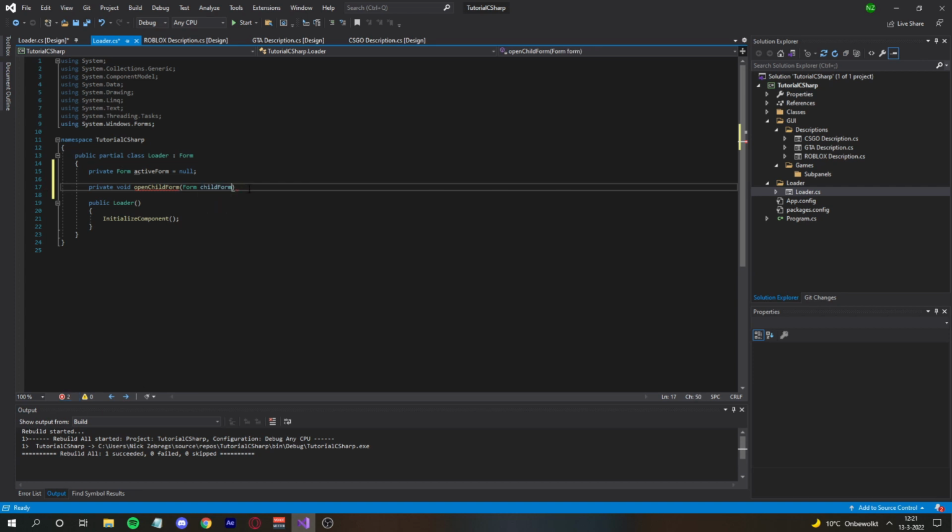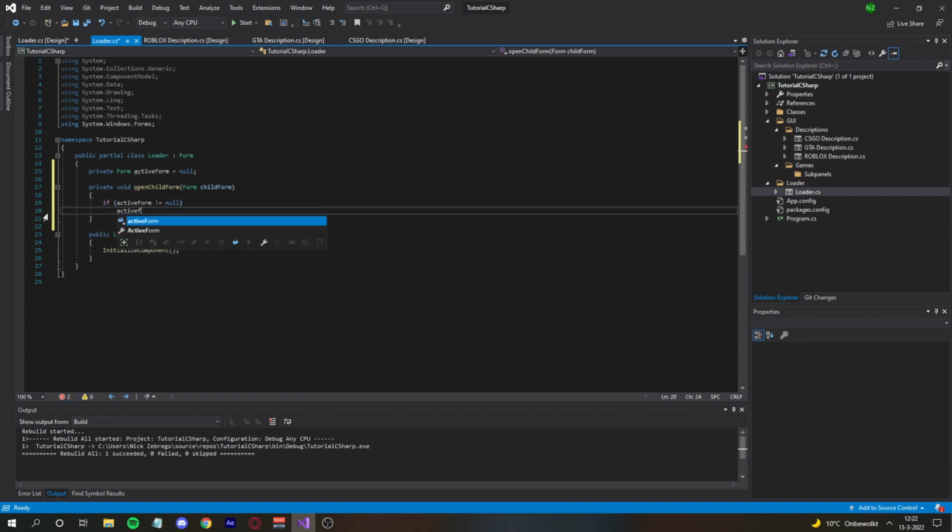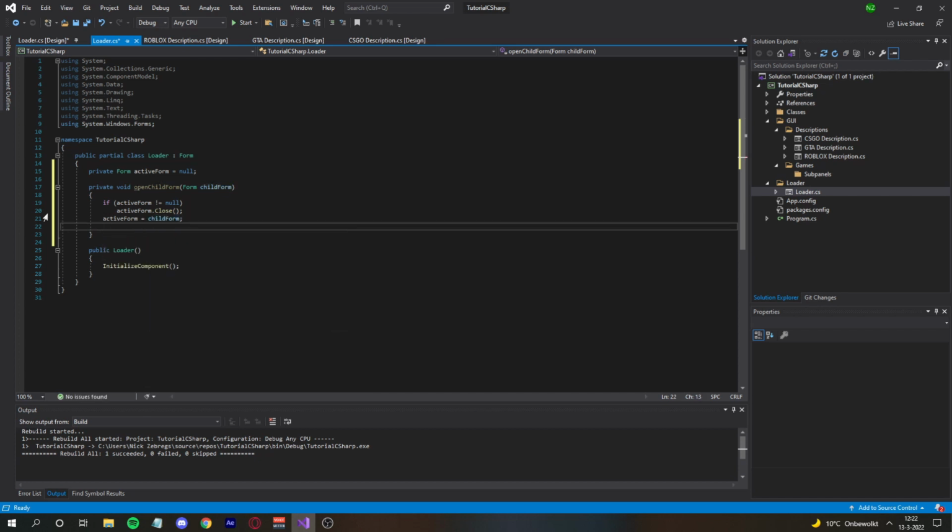Then go behind the parentheses and click Shift+Enter, and it's going to create these brackets here. If it doesn't create these brackets, you can just hold Shift and press the brackets button on your keyboard. Okay, in between this function we're going to type: if activeForum is not null, activeForum.Close(); then activeForum = childForum; and then childForum.TopLevel = false;